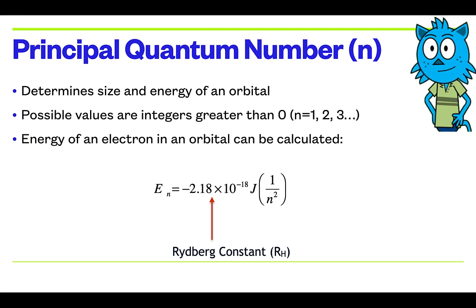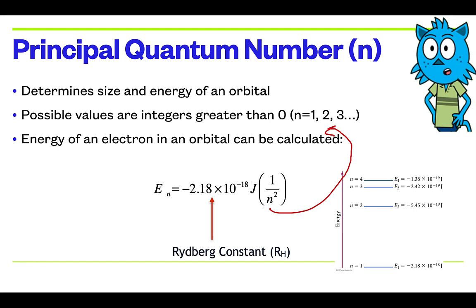So the Rydberg equation says that the energy of an electron in an n orbital, so n is equal to 1, 2, 3, 4, whatever, is equal to the Rydberg constant, negative 2.18 times 10 to the minus 18 joules, times 1 over n squared. And the n squared that's here comes from the n value of whichever quantum number shell you happen to be in. So here, if we see the calculations for an n equal to 1, down here, for n equal to 2, energy goes up quite a bit and becomes a little less stable. n equals 3, n equals 4.